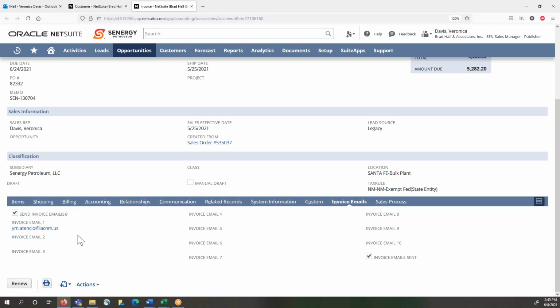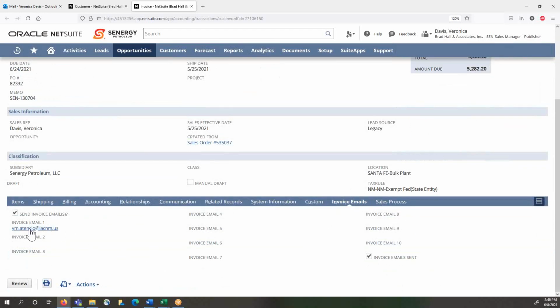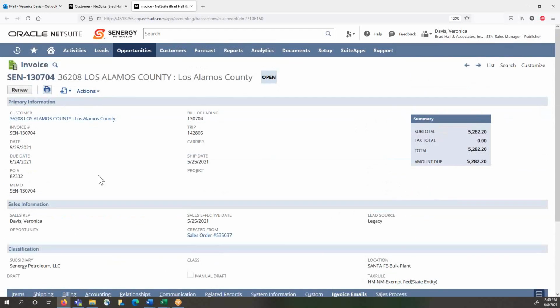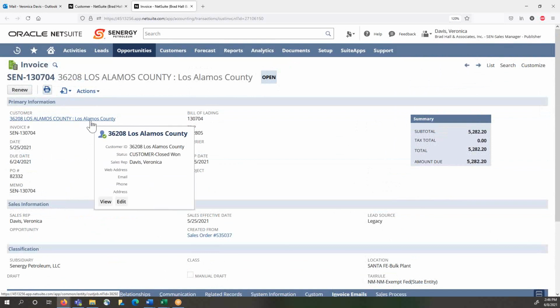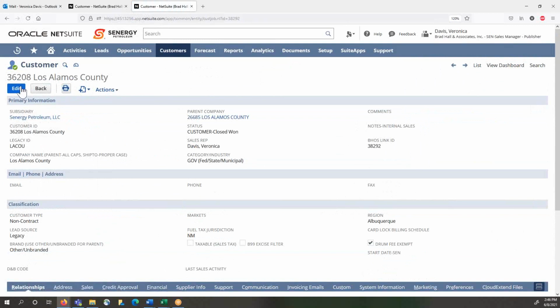And remember, I did tell you guys that we bill to the ship to address, sorry, not the ship to address. It is the ship to address, but the ship to profile, not necessarily the parent account. So what I'm saying is, if for some reason you came in here and there was a wrong email address or something like that, the easiest thing might be to actually come into this customer. And you'll notice that that's a ship to because it does have case sensitive text here. And if I hit edit,